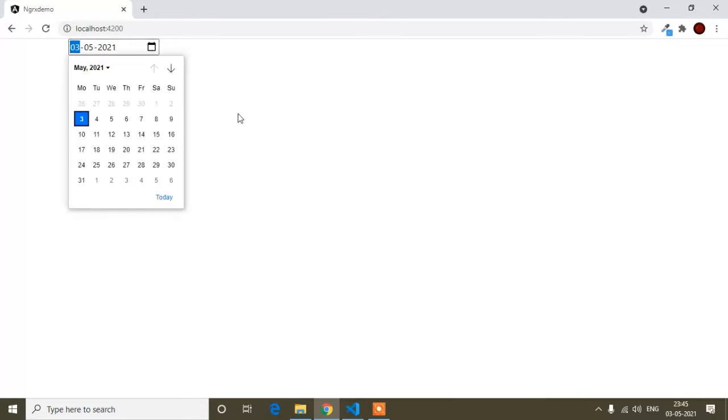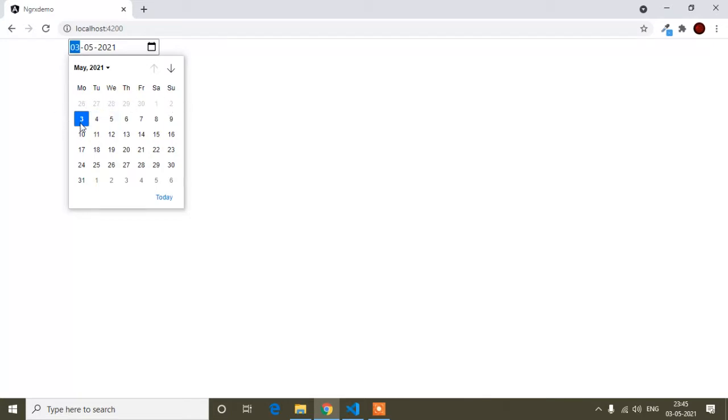So guys, first of all I will show you the preview. Here you can see the date picker, and I have used a normal HTML date picker, but to disable past date you can use Bootstrap, Material date picker, or any kind of date picker. First I will show you a demo. If I click this date picker, you can see the past date button is disabled.